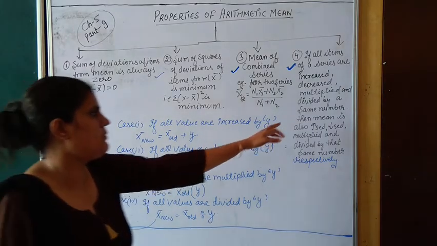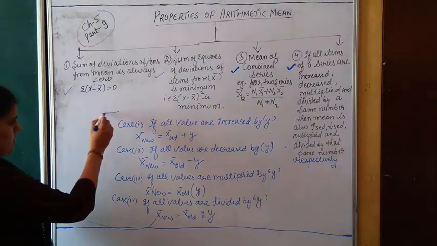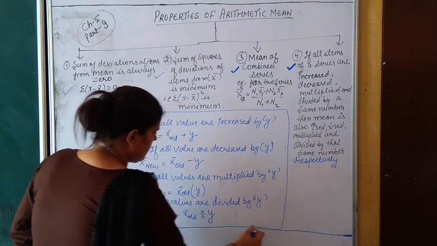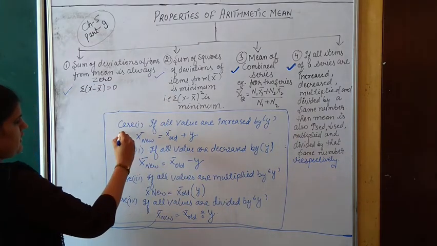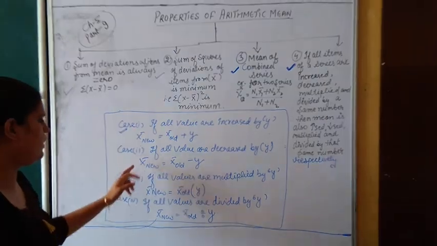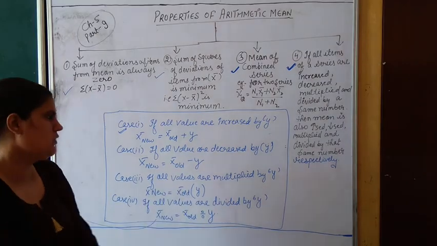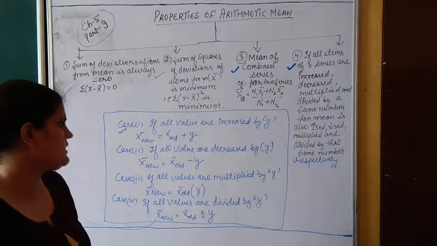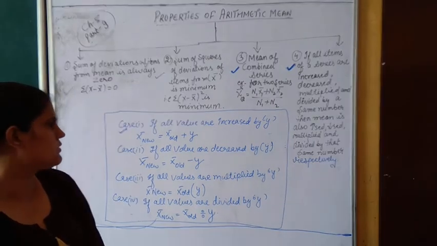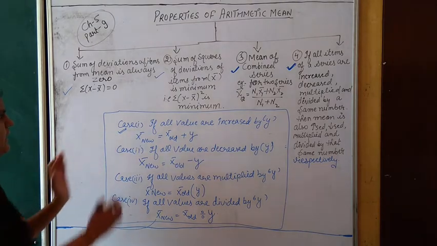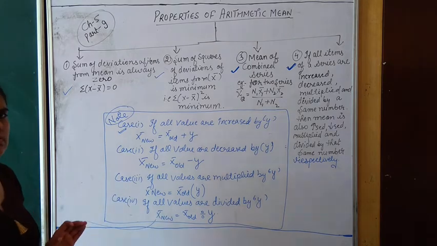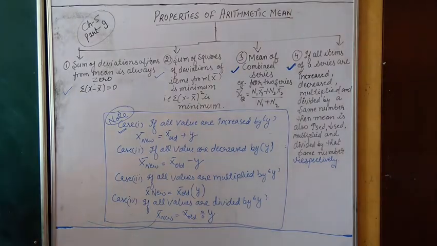So this complete property can be summarized into these 4 rules, and already I have proved this part by giving a numerical example, and in the same way all these can also be proved. You can do it yourself and check it. Please write it down, it is a very important note. Write it down very fast, children.